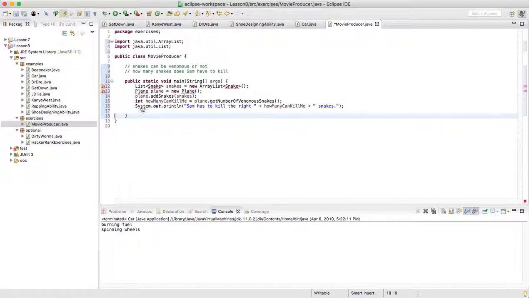Okay. So, something's missing because I need to make the snakes. Actually, that's not going to work. So I'm going to have a snake factory. A factory is a thing that makes objects. That's a really common design pattern. And it's always like this. It's got a static method, and it's usually create